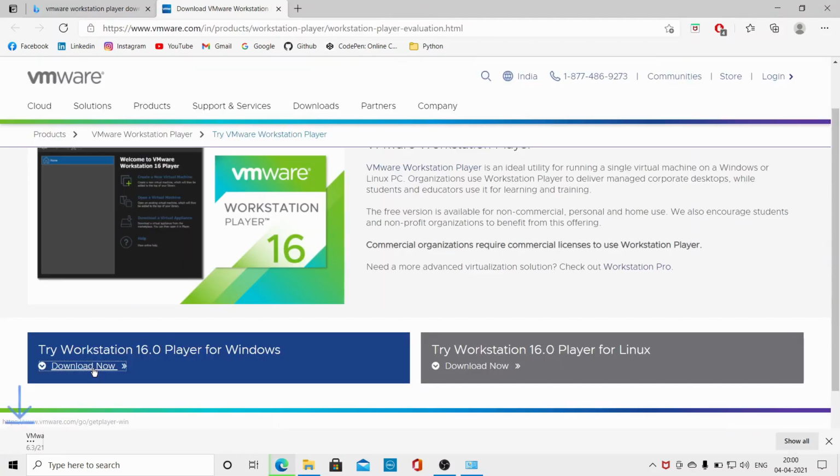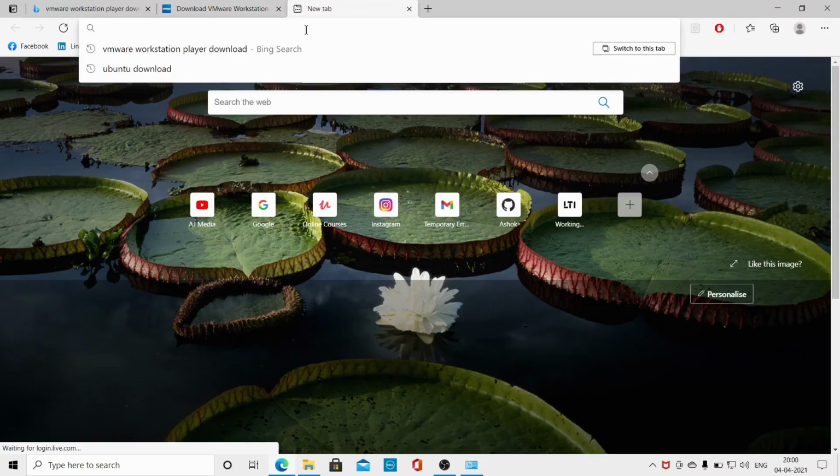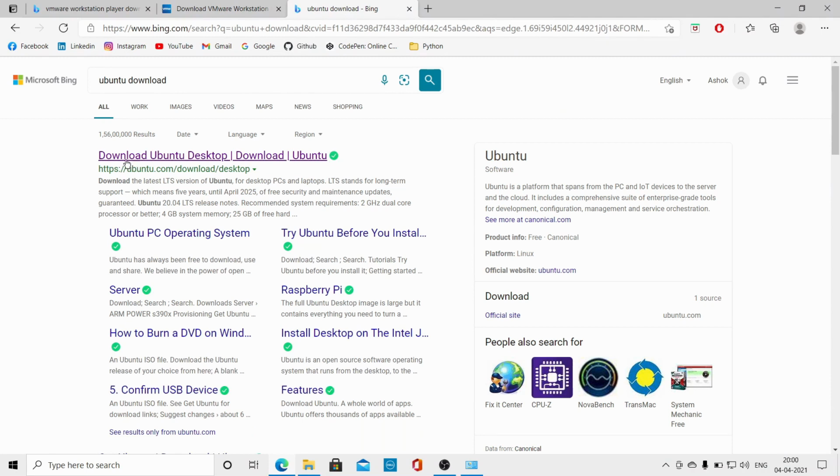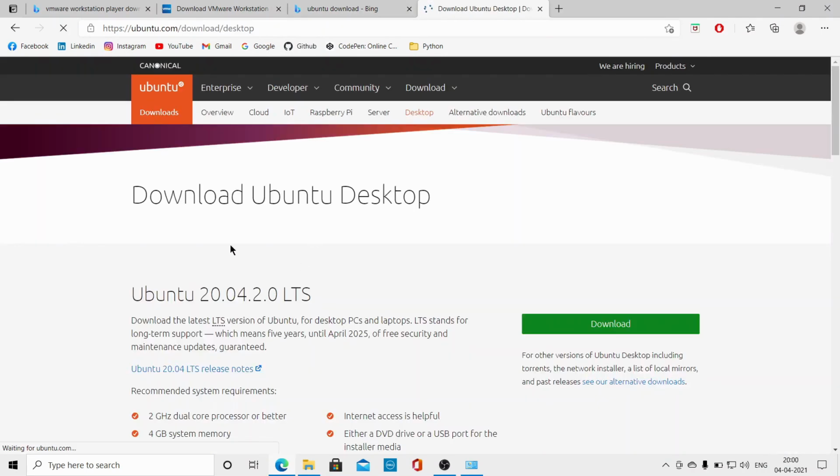What it will do is it will try to download VMware Workstation 16 exe file. So I will click here cancel in order to save time. So you will have to download this. Okay, now click on cancel here, and what I will do is side by side I will try to download Ubuntu as well. Okay, so the first link that you can see here, download Ubuntu desktop, go here, and here